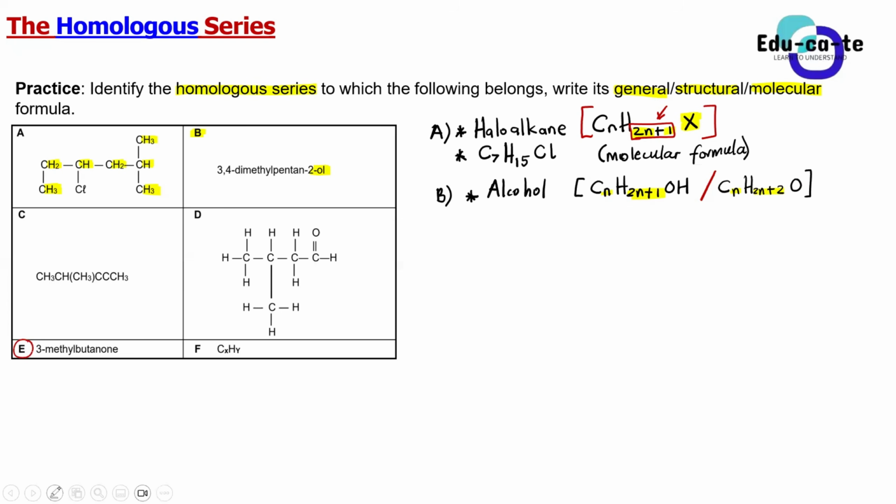All right. Okay, this one, I don't need the molecular formula. What else can I look for in this one? Okay, it's fine. Let's just identify these two. It's fine for this compound B. Okay, go to compound C. Tell me the homologous series. What is the homologous series to which compound C belongs?